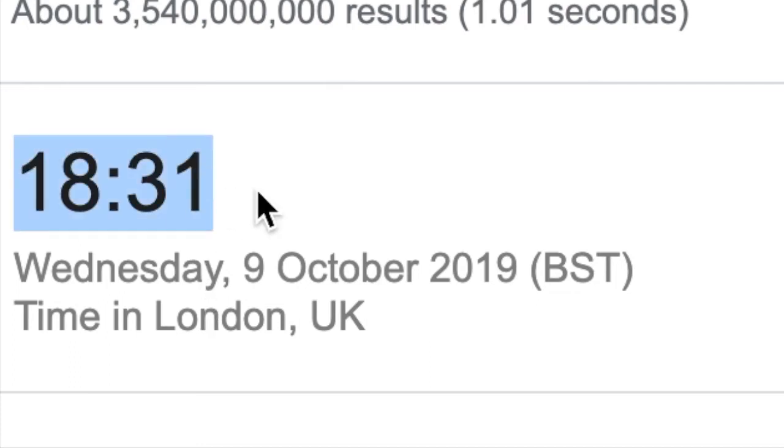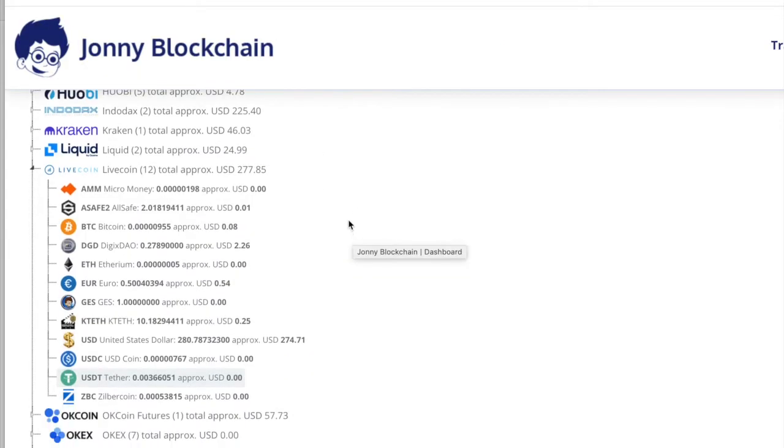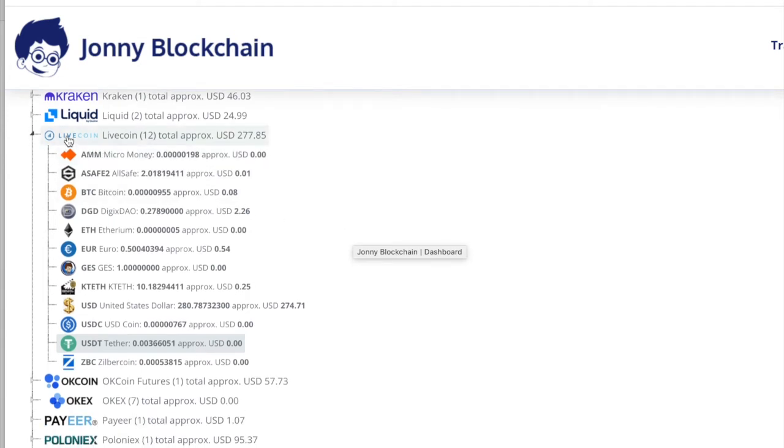So it's 18:31 on Wednesday the 9th of October, and I'm going to go over to my portfolio, okay? My last trade in my last video ended up on Livecoin, and I've got $274 sitting in Livecoin. Now, I don't want to withdraw the dollars, so what I think I'm going to do is convert those dollars